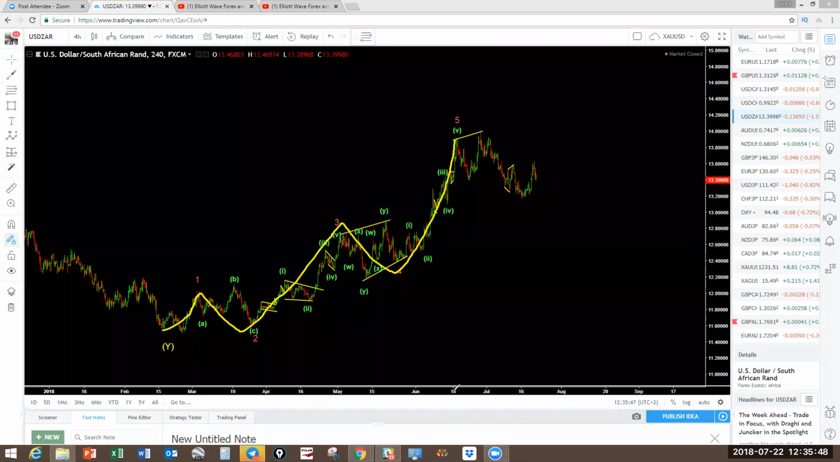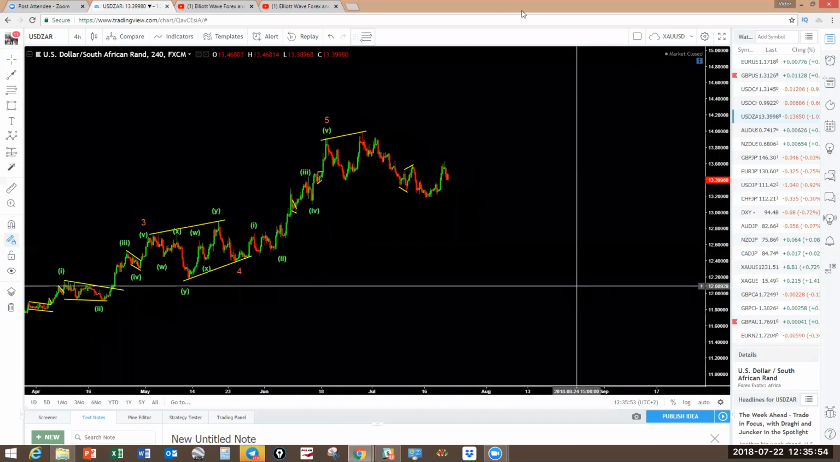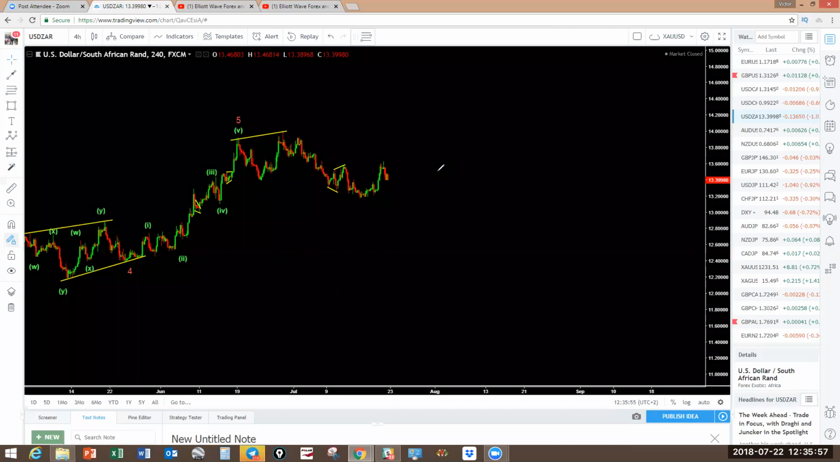Clear 1, 2, 3, 4, 5 that is not forced. Okay. Take a snapshot. Now, I'm not going to spend a lot of time on that. So this is what you need to wait for. You need to wait for this corrective structure. This one looks like it's going to be a bit of a sideways move, something like that, before we drop